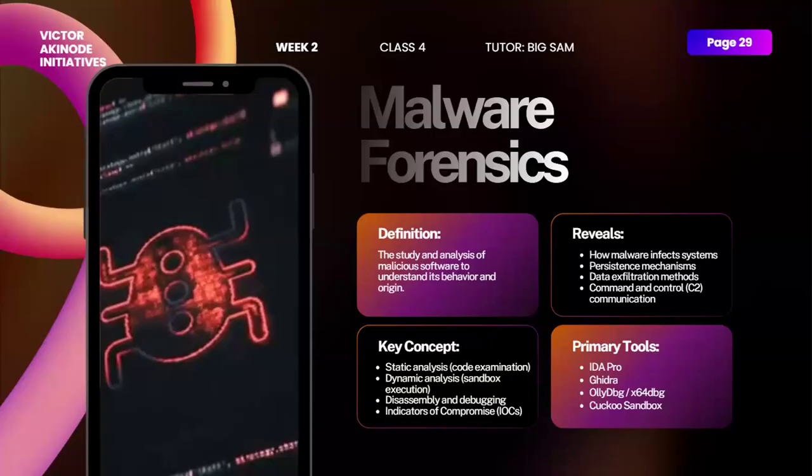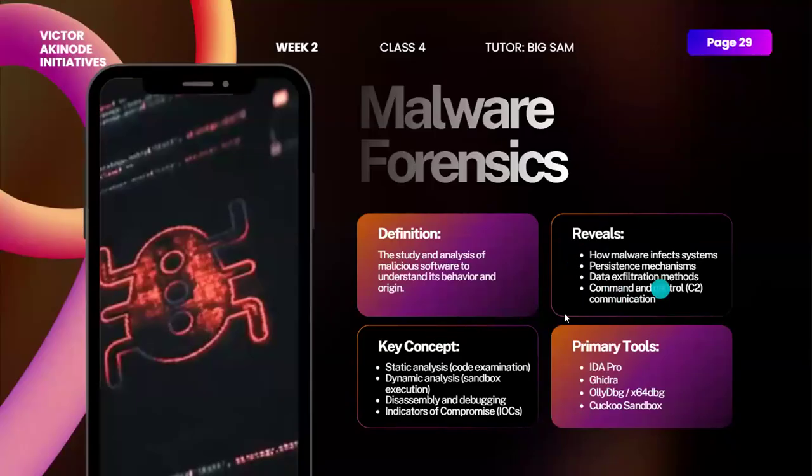So they tend to study malware and the concept. You can see how this thing actually works, what files it affects, and how deep this malware can go. It also reviews how malware infects systems and its persistence mechanisms. Is there an opportunity for, probably, a rootkit in this particular malware?